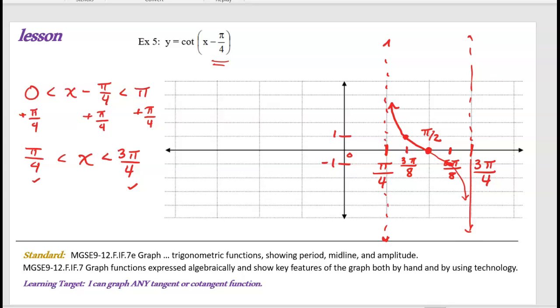The labels should all be, so for example, pi over 8, 2 pi over 8, 3 pi over 8, check, 4 pi over 8, 5 pi over 8, 6 pi over 8. You don't have to do all of that, but you do need to understand that. All right, so there is my one full wave of my cotangent function, one full period. Now the period of this function is